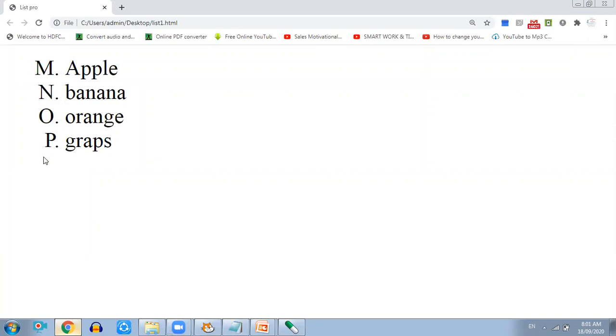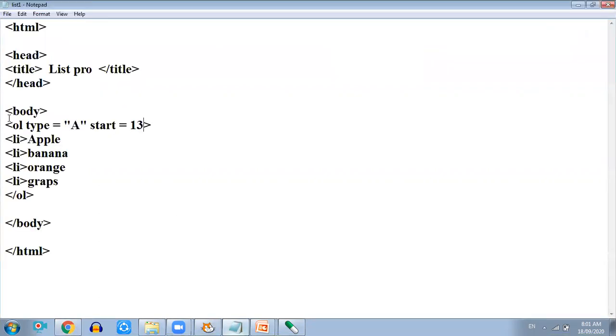So this is all about ordered list. Till now we were learning ordered list. In ordered list we have learned its type and the format. You can look here: OL and then LI. This is a very important tag, OL, and in that the list item LI. Then it has type also: ABCD type, Roman number type, small abcd, capital ABCD, and we can specify the starting point also.